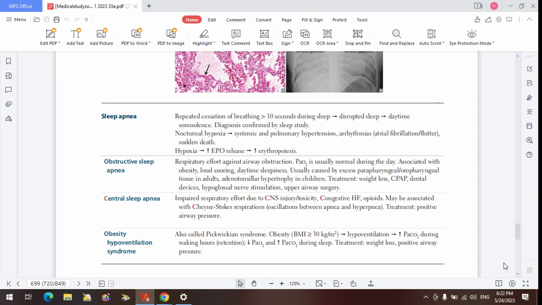Okay, so the reason is that the problem in restrictive disease is not actually the recoil. So in obstructive disease, like COPD, there's damage to the elastic recoil. There's damage to the elastic fibers. So that means that they cannot have elastic recoil and bring air out. So there's obstruction at expiration, but they can take air in and accommodate air. That's why they are hyperinflated.